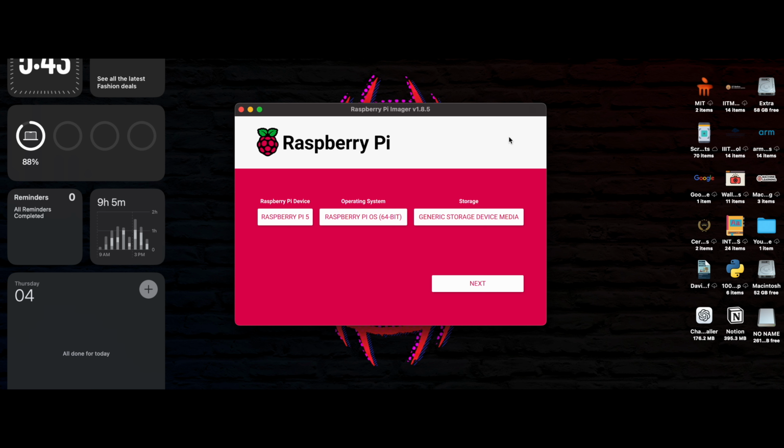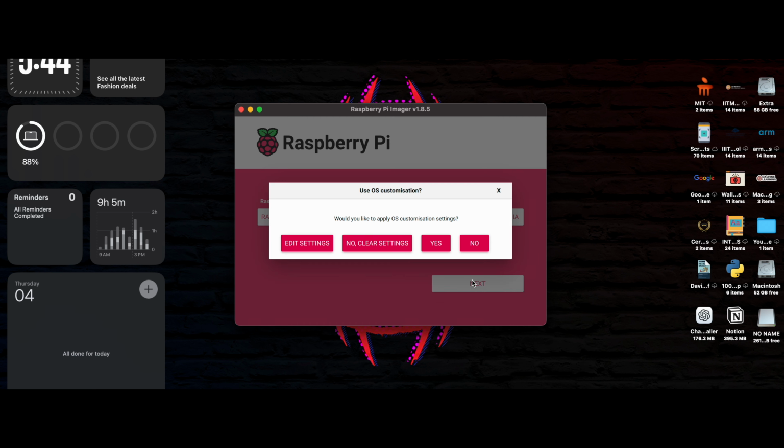The video link will be on the cards or on the end screen, so don't miss that. You can view that video and then come back here, so that you can edit the settings. You can directly SSH into your Raspberry Pi, and then click on next here,